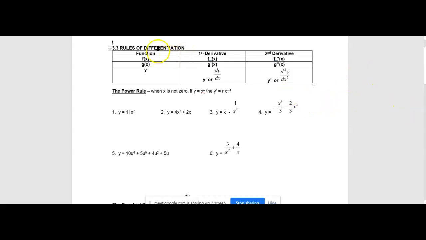What chapter 3 now gets into is all the rules of derivatives, so that we don't have to use the big long limit as h goes to 0 for every single function to find their derivatives. There are shortcuts for all these, so we can expedite this process a little bit. So if you look at our table here,